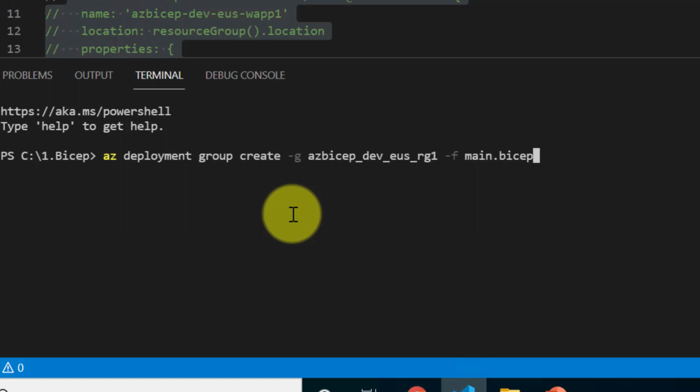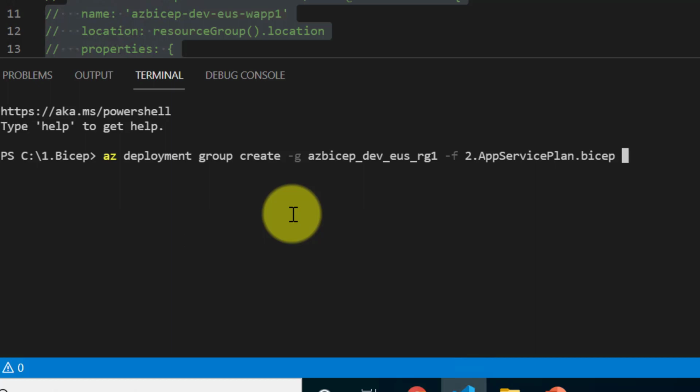So this was the command that we have already used. Let me provide the appropriate name, 2.appServicePlan. If you run this command, then it will execute this file and create the resources. But I don't want to run this like this. I want to preview the changes before the execution starts, right?